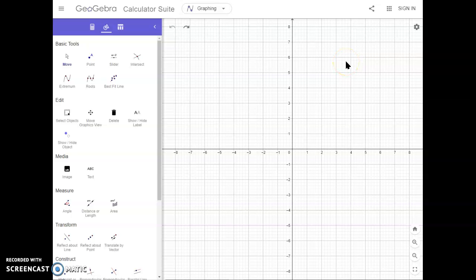We are going to investigate rotations through the use of GeoGebra. So we are going to rotate an object about a point, and the point we are going to use is always going to be the origin. So the first thing we need to do is put a point there and confirm that that is exactly its